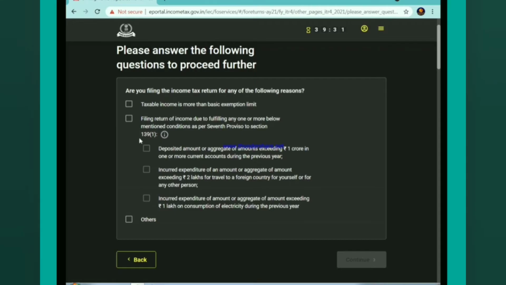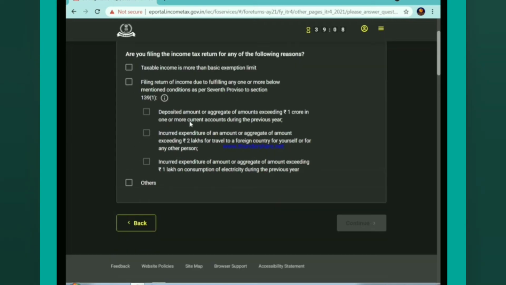While you are filing your income tax return, you must have a basic idea of these sections and income tax rules and regulations, for which you can check the e-filing homepage, where you can find the rules and regulations and sections which will help you understand these numbers, like section 139(1). We'll choose others. Continue.